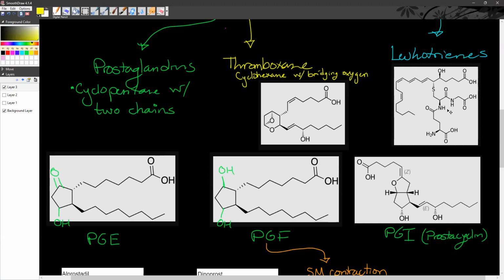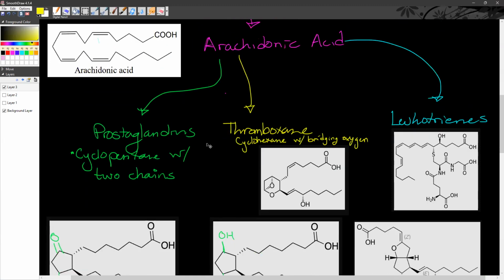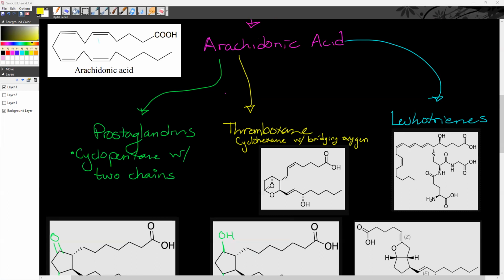So the leukotrienes, instead of keeping our arachidonic acid in this kind of cramped portion, it's going to rotate, and then we're going to add amino acid portions to it. So you can see that right here at the end, at one of the double bonds, we add on this amino acid moiety to it, and that's what allows us to have the leukotrienes that go through lipoxygenase rather than